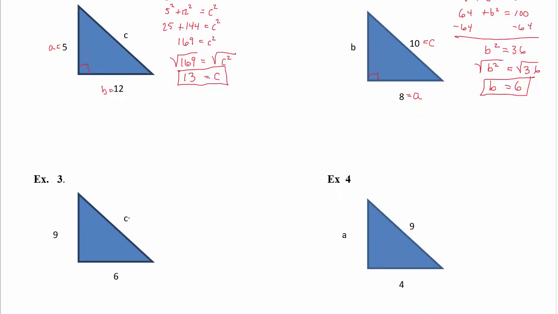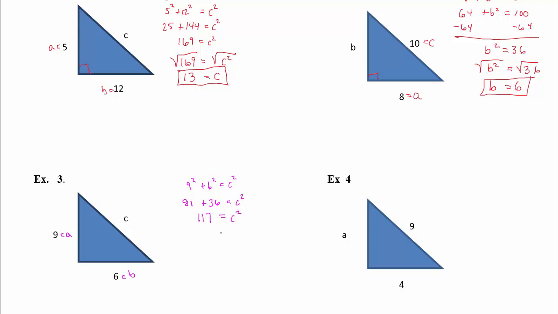Again, we don't know C, so one of these is A and one of them is B. It doesn't matter which. I'm just going to label this side A and this 6 side as B. So 9 squared plus 6 squared equals C squared. 9 squared is 81. 6 squared is 36 equals C squared. We add 81 and 36. We get 117